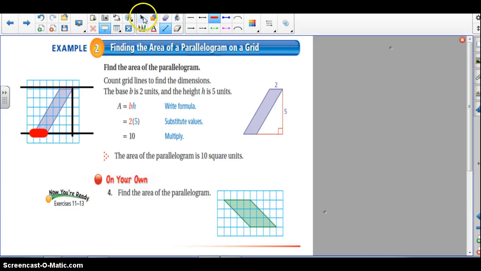So let's take a look at finding the area of the parallelogram. You're going to count the grid lines to find the dimensions. The B, or base, is 2 units right here. It's 2 units. Again, how do we see that? Well, we're going to take this little tiny piece right here, and we're going to cut it off and put it into here. Then I have a small rectangle. All right, so then I have 2 full